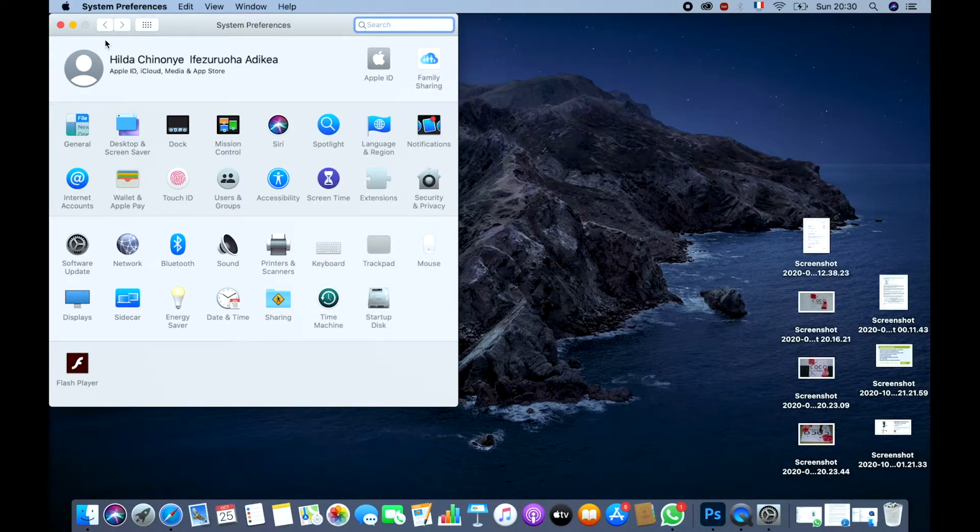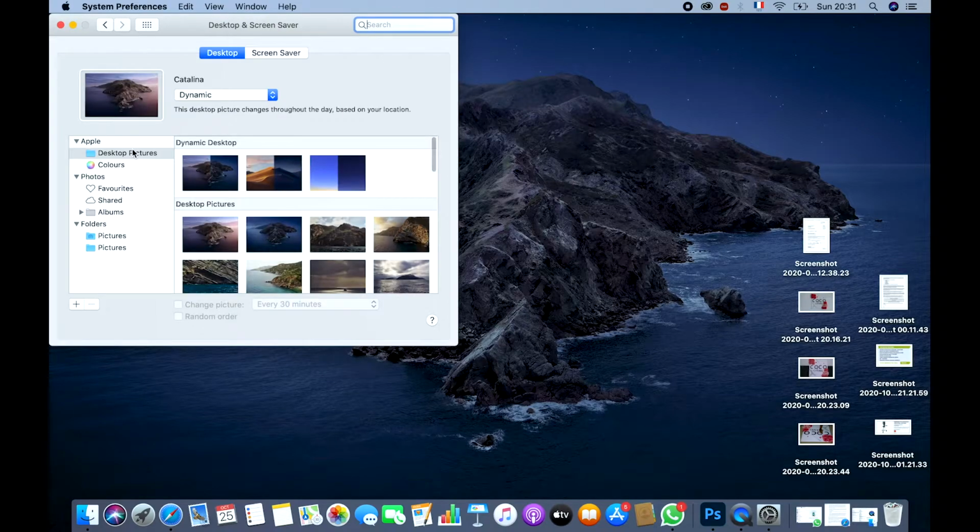So a window will open with a bunch of things. Where you need to go is to the Desktop and Screensaver. Once you click on it, it will take you to the desktop and screensaver settings. Once you're there, you'll find out that the picture you have on your screen is the same picture you have on the little box. So what you need to do is go down to where the picture appears,